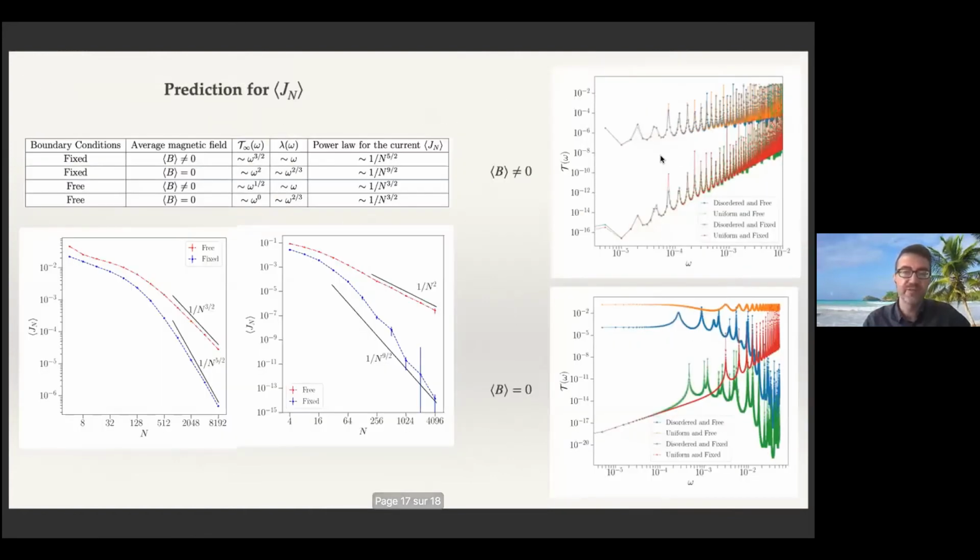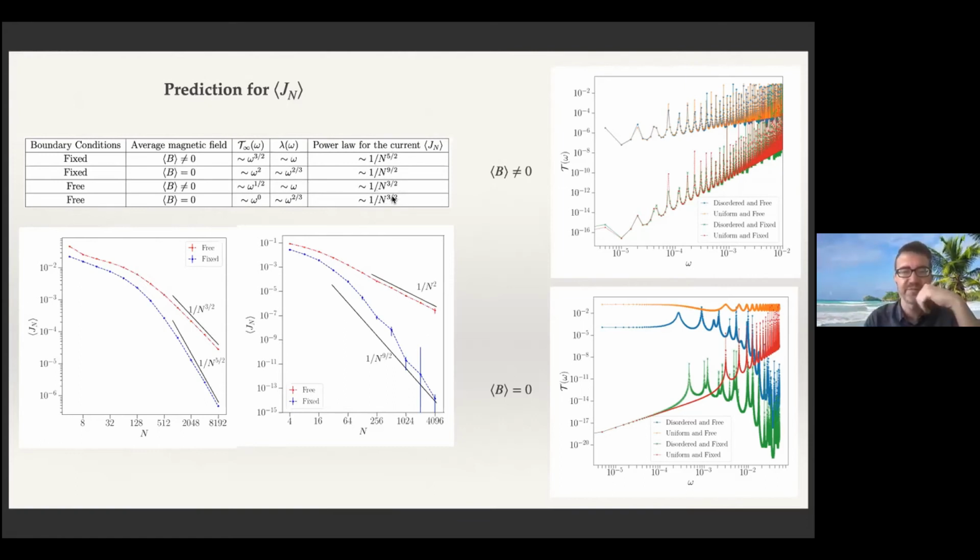And then it is sufficient to give some prediction for the average current of Gn. And the average current Gn that we obtain is summarized in this table here. So you see there is still a difference between fixed and free boundary conditions, and also depending on whether you have a magnetic field which is different from 0 or equal to 0. And here, the transmission coefficient of the ordered chain can be computed explicitly, and it's given by the following quantity, depending on all these boundary conditions and the value of the average of B, and the Lyapunov exponent, we have it, and we get